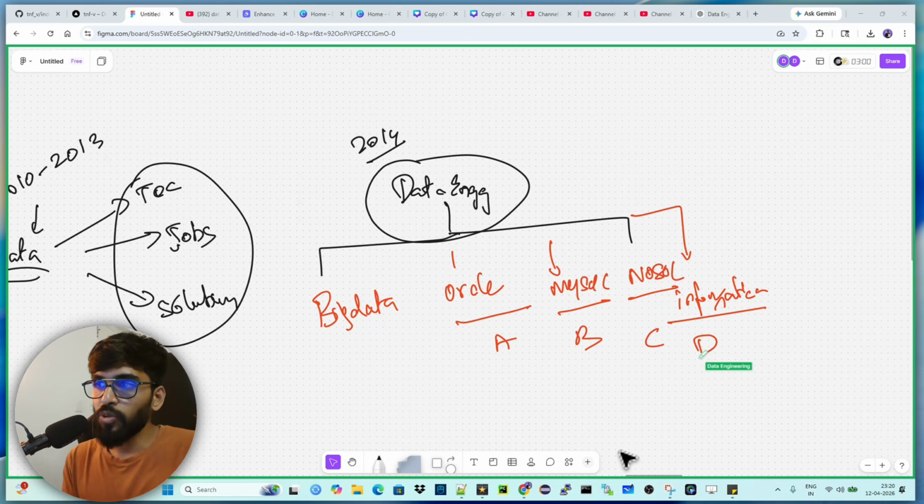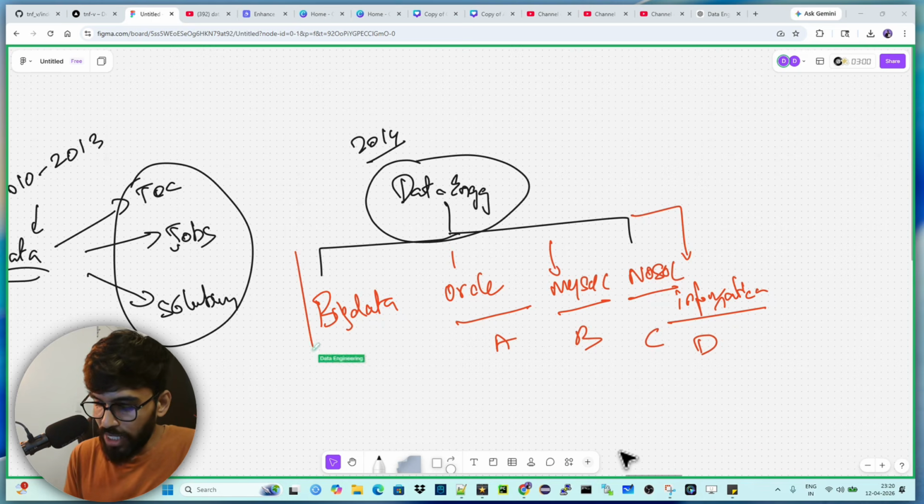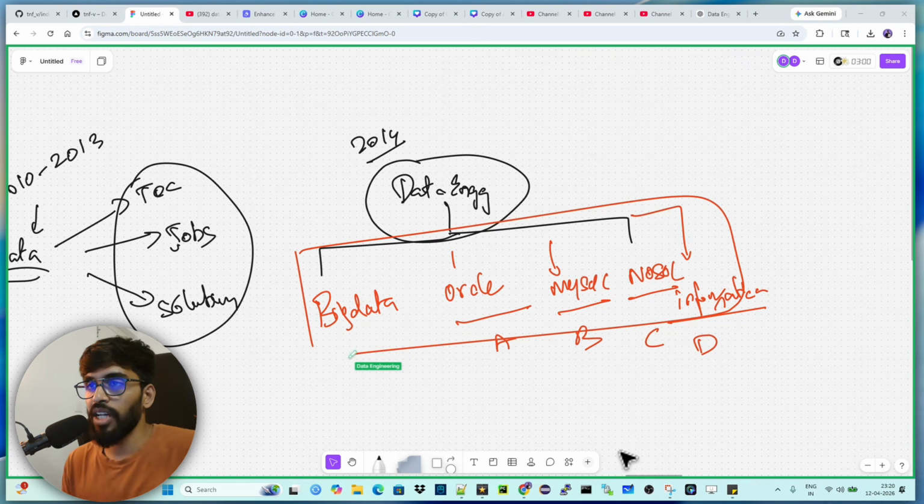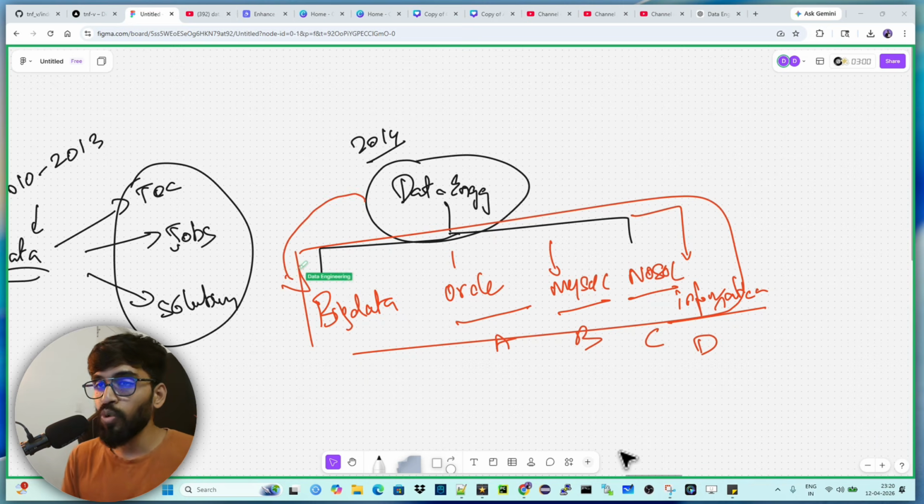And one more thing I just wanted to tell you here. Whatever I told you is the reality. The real definition of data engineering is not just working on big data. It can be any data tech stack. But how the market used to see data engineering is, if you say to someone that you are a data engineer, by default, the market thinks that you are aware of